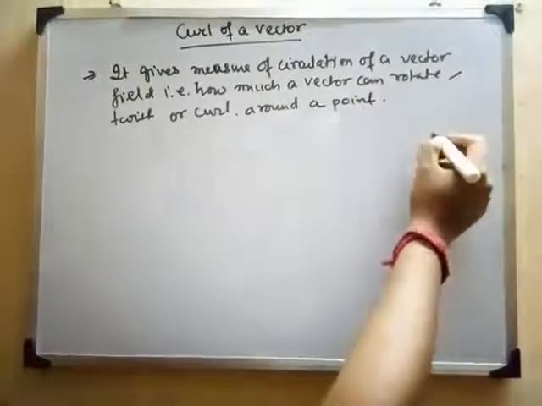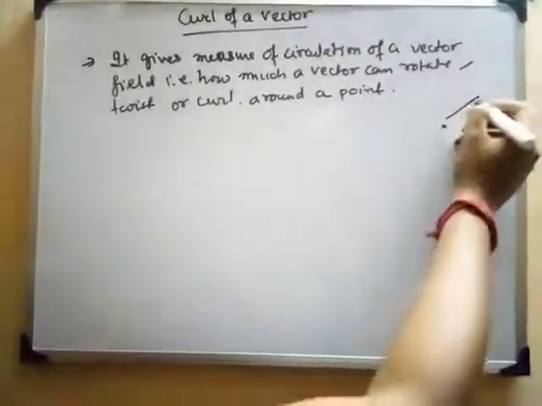That is, if you are having a point like this and you are having a vector from this point